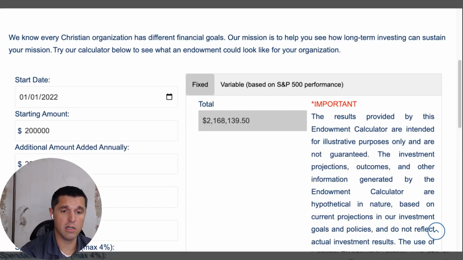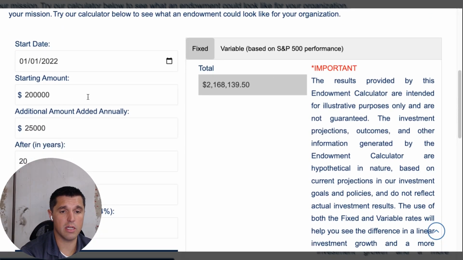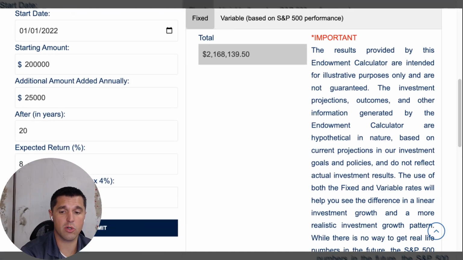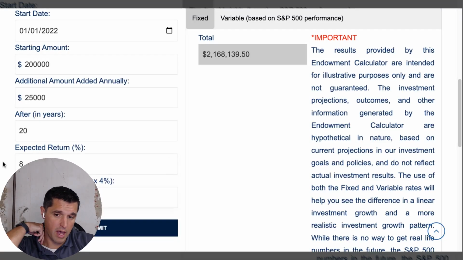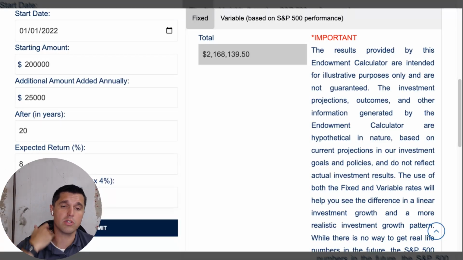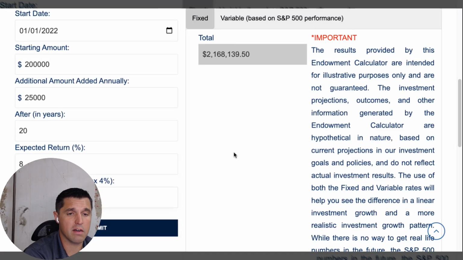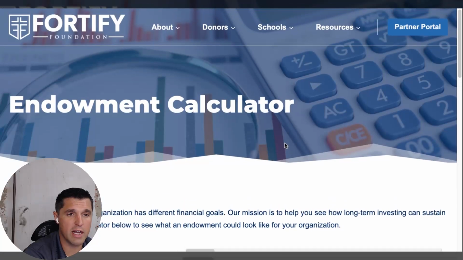And then from there, what I would encourage you to do is you can put whatever goal you have in as the starting amount. If you're able to keep the additional amount added annually, keep doing so. And then you can change the trajectory of when you plan to start pulling from the fund. So from this point forward, you can select, we know we're going to be pulling the 4%. Or maybe you're in a situation where we're hoping to only pull 2%. As you know, that'll impact the net amount of what your return will be. But then you can submit and take advantage of that new information so you can create a trajectory for yourself based on this endowment fund strategy.